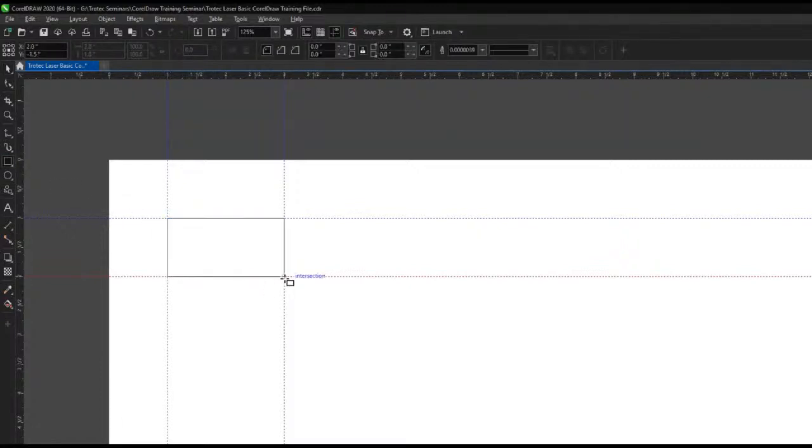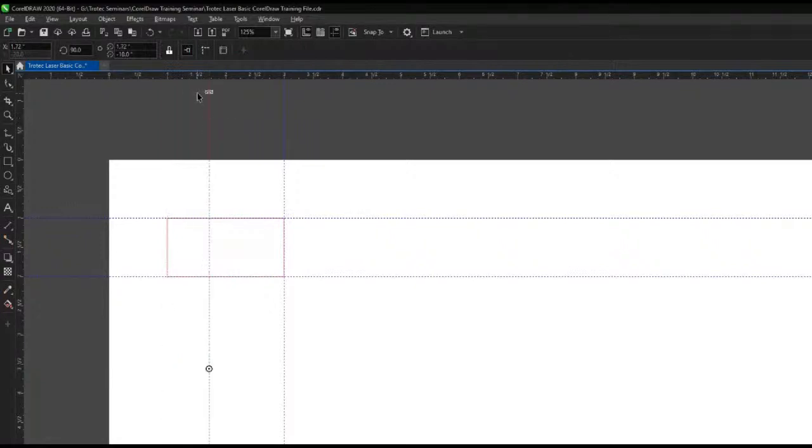So if I want to scale something to a specific size, it's going to snap to those guidelines. Guidelines are nice because, again, they do not print with the laser. They're there for a reference location. You can click them twice and you can rotate them. You can move your rotation factor, and it's just going to give you that outline or reference location of exactly